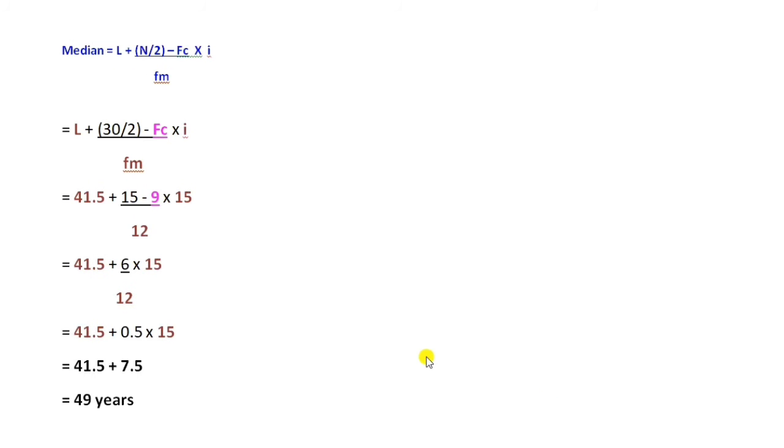I have used different colors to signify the formula. So you see the pink color, which is the cumulative frequency 9, which is the cumulative frequency up to the median class, and all the brown color signify the median class values. So putting all the values in their place, you simplify it and you get the answer